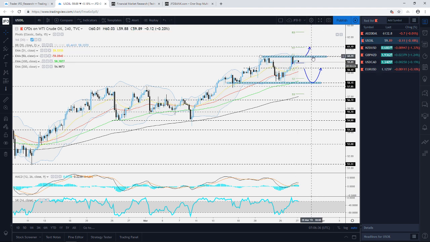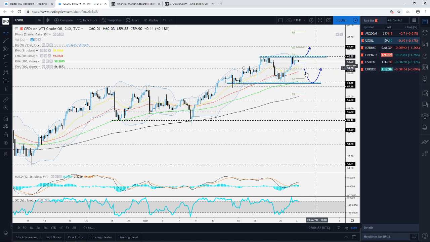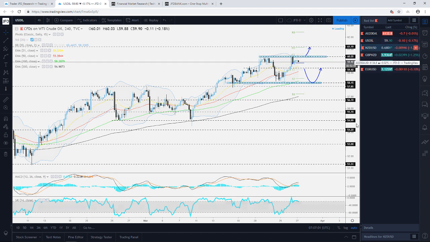In terms of the upside, we need to see a nice good push back above the 60.35 level, and then we will target higher areas like the 61.20 or even higher. But for now, that's the case. Continue observing some of these key levels today, and let's see if this commodity manages to break one of these today, or maybe this is something for tomorrow, or maybe even Friday. So keep your eyes on this one.